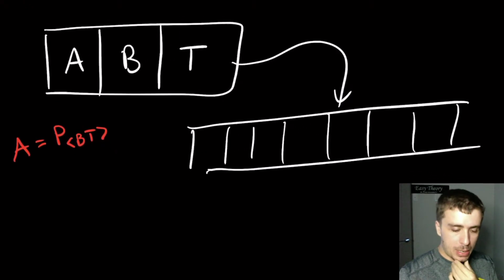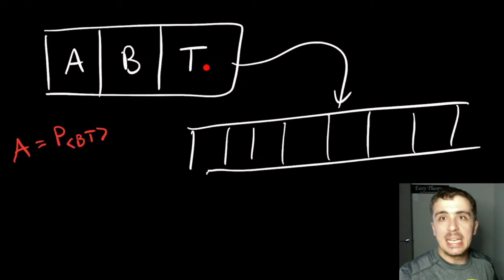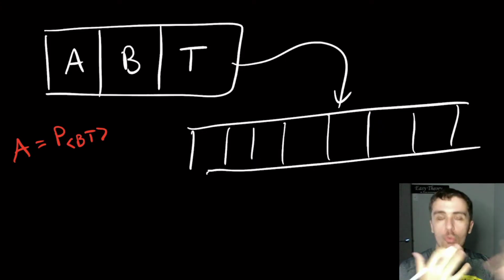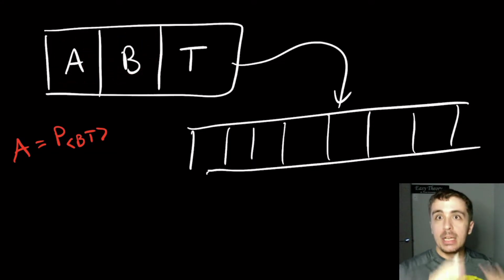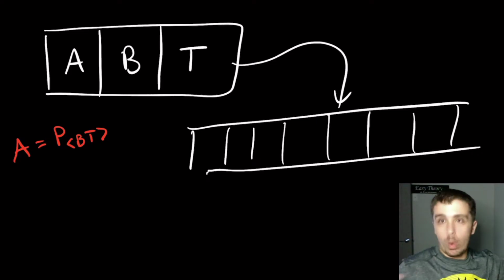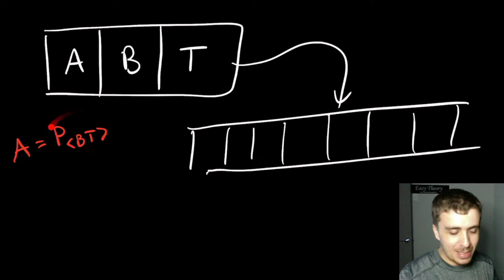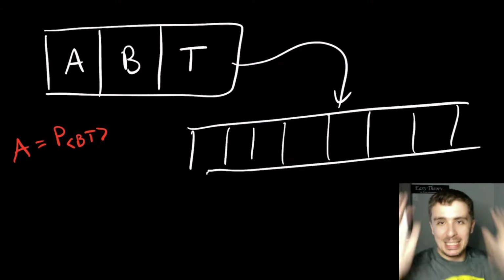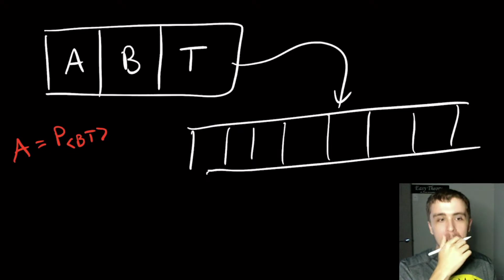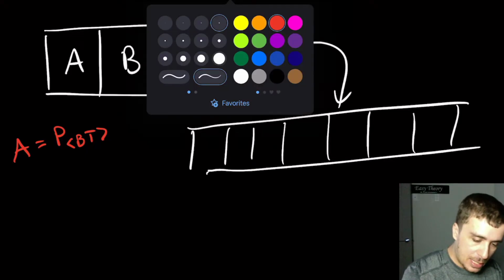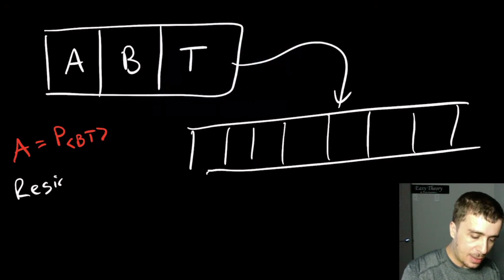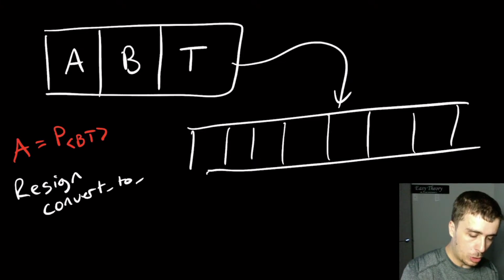Okay, so then here, T, remember, gets its input, W. So it has an input W, but it needs to work with it in some way. And notice that the A and the B things, they destroyed the input, whatever it was at some point. Remember, the P machine destroys whatever input it has and writes that particular string down. So we need to be a little bit smarter here. So what we're going to do is the following. We're going to redesign that function, so convert to Turing machine